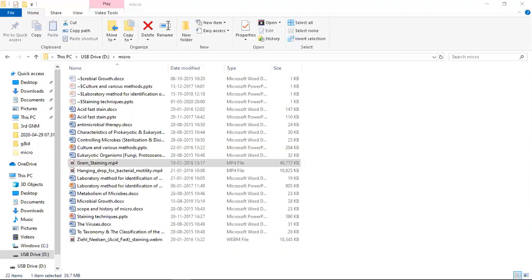With the metal loop, we sterilize it, then take the sample. We clean it clearly, take a small drop of the sample and place it over the area we marked.